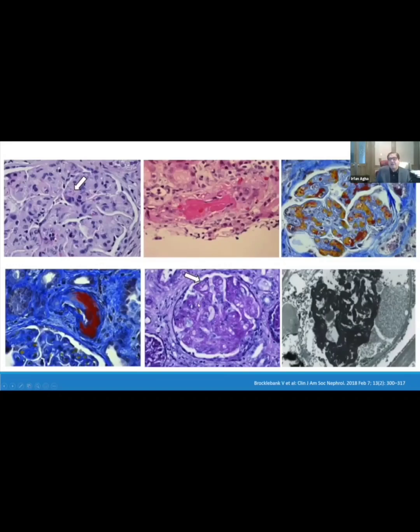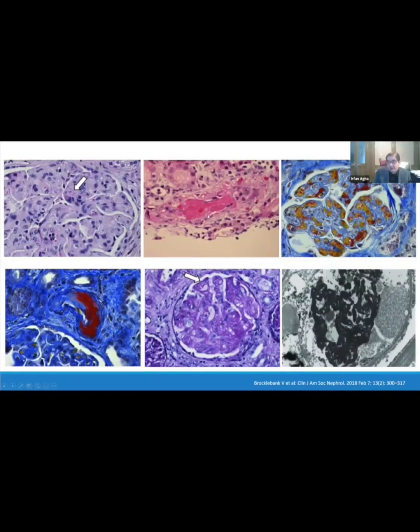But at the height of its disease process, what you see here is again something that looks like an MPGN type pattern, right? You see this increase in mesangial matrix. You see complete loss of the capillaries. You don't see any capillary lumen here. This is a bloodless glomerulus, but you don't see a lot of cellularity here. So essentially what's happening here is that your endothelia are so swollen that they have kind of blocked off the capillaries, right? So this is classic TMA. So when the pathologist looks under the microscope and sees a bloodless glom like this, but not a lot of hypercellularity, they would start wondering about